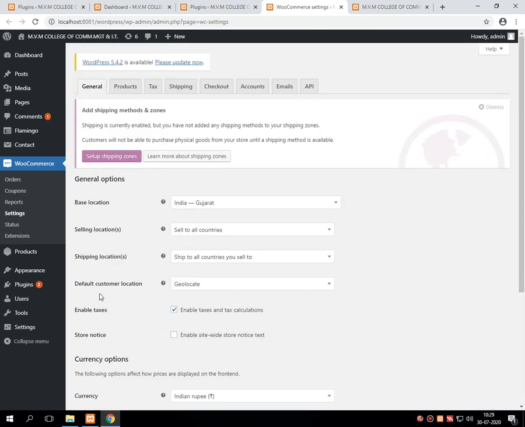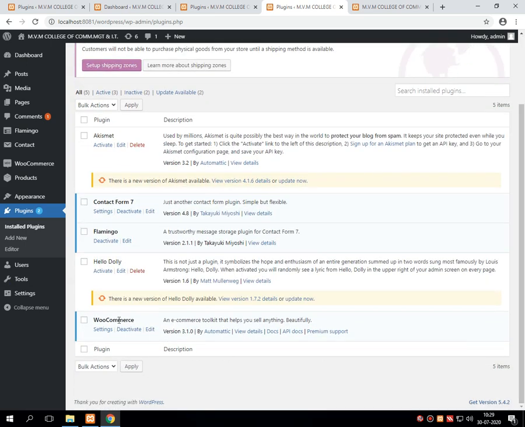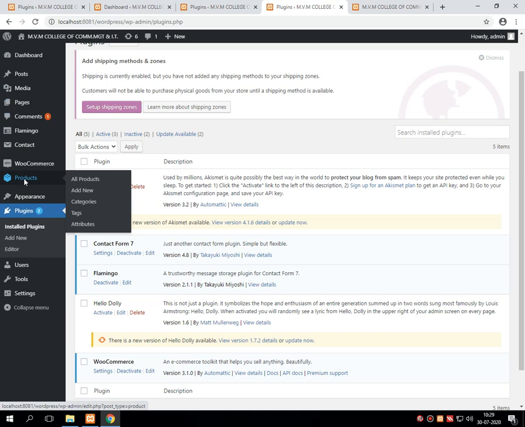Now here, in the plugin section of WordPress, it cannot show the product that we have created. For that, just look at the product option given below WooCommerce in the dashboard listing.